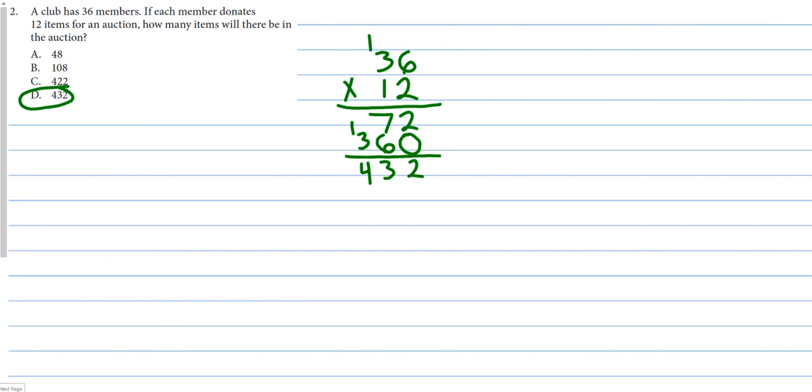Let's look at the next one. Number 3, what is the value of 4 over 10 plus 3 over 100? Now these two fractions have different numbers on the bottom. They have different denominators. In order to add them together, we're going to need to make them the same denominator. So let's transform the 4 over 10 into a denominator of 100. So 4 over 10,